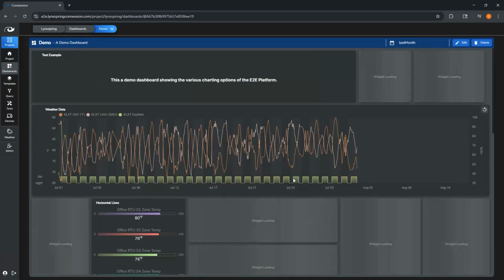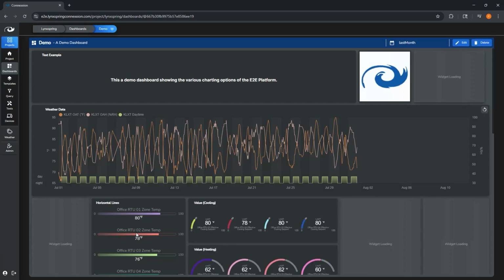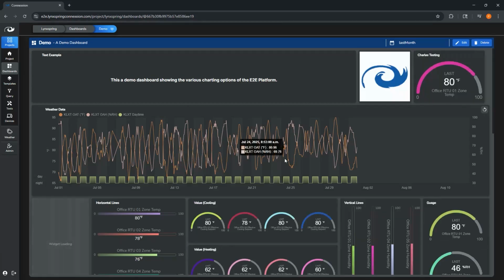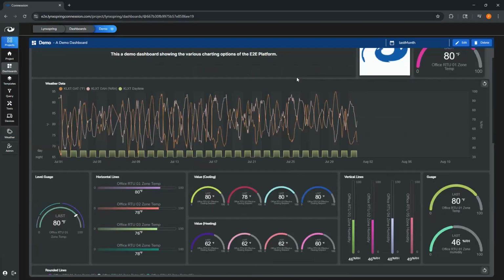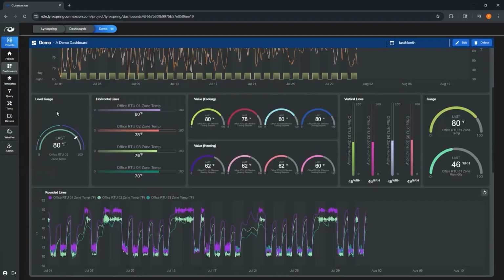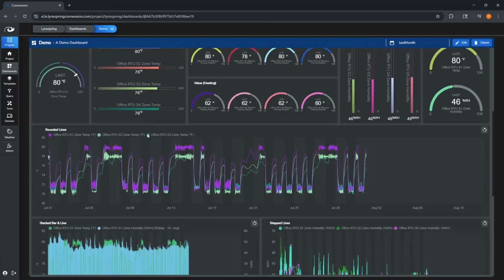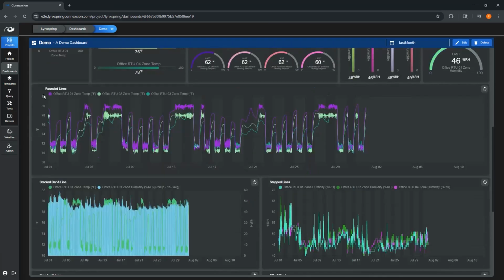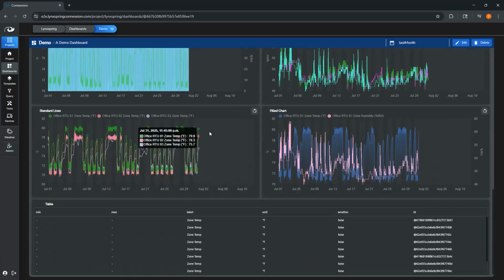So these are some of the options for dashboards. These are just a compilation of some of the chart options and things like that that you can use. So you can do text, you can do images, you can actually even embed videos in a dashboard. So we don't have one here. We have all kinds of different gauging options. There's weather data. You can do these level gauges, horizontal, vertical. You can customize the way your lines work. So you have rounded lines or step lines. You can stack bar charts. You can do these fills where you have this nice gradient. You can even dashboard tables if you want to.